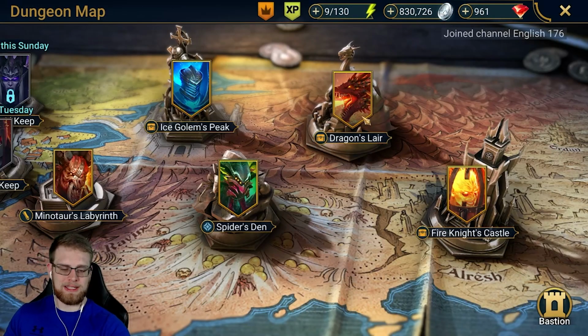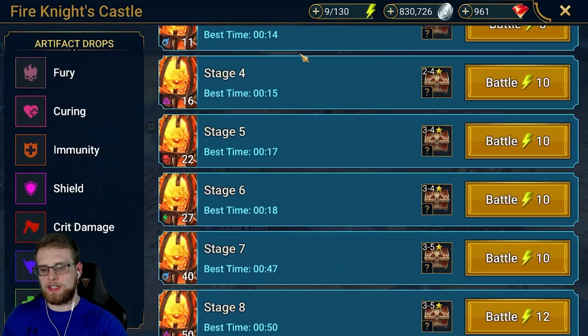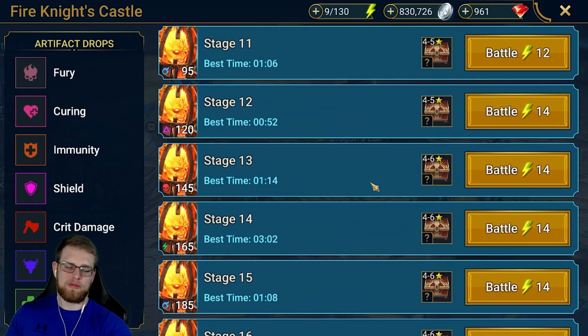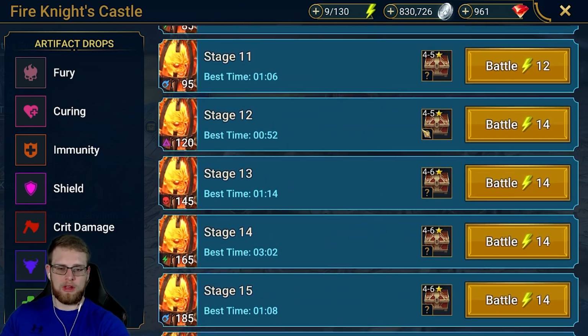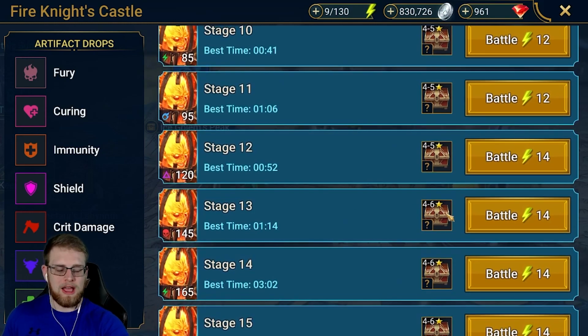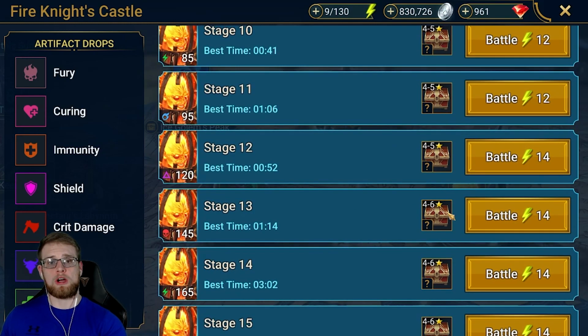Typically dragons is the easiest, but let's just say theoretically you made it through a decent amount of stages in Fire Knight. Now, I wouldn't farm this if you're low level, like low stage level. I wouldn't be farming these low stages personally. I'd be using your energy to work up some more level 60s, some more 6-star champions, rank them up and